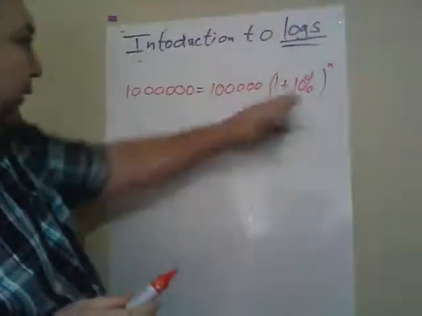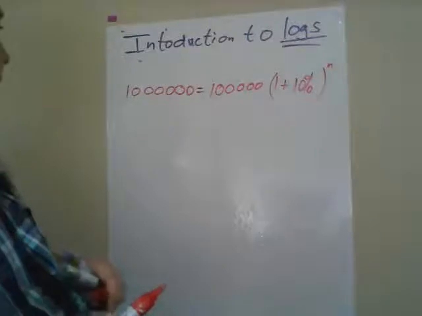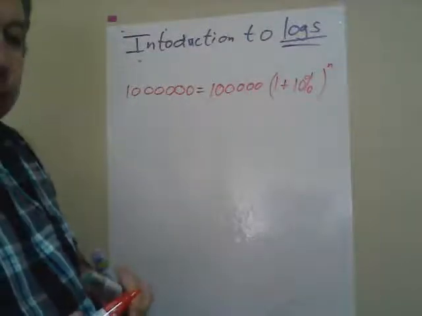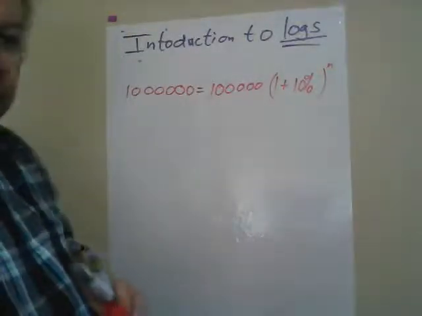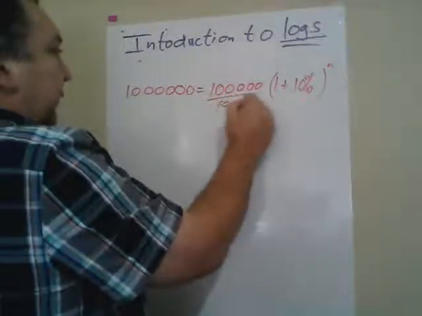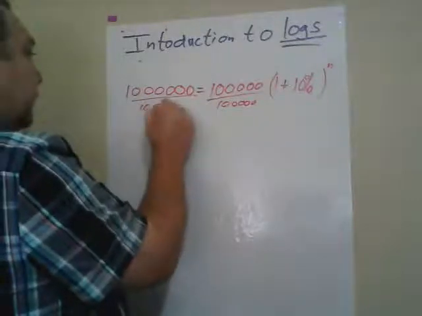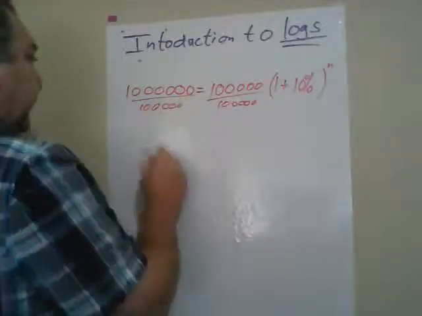And we want to figure out how many years it takes for 100,000 to grow to 1,000,000 at 10% per annum. So first of all, we'll divide by 100,000 both sides, which leaves us